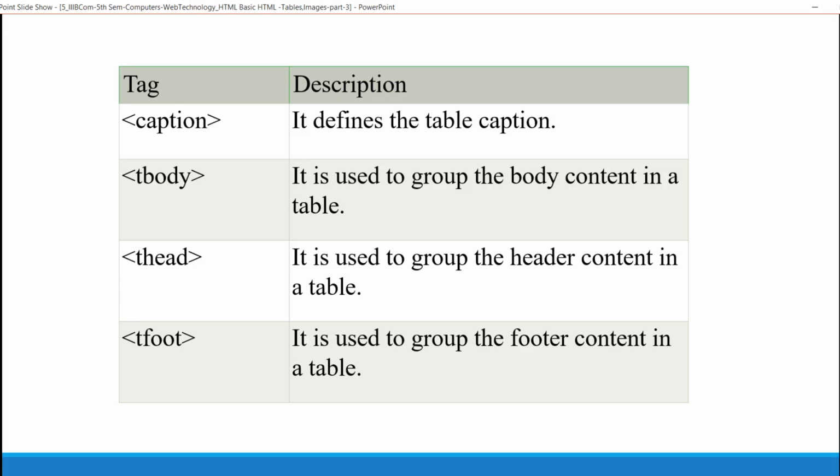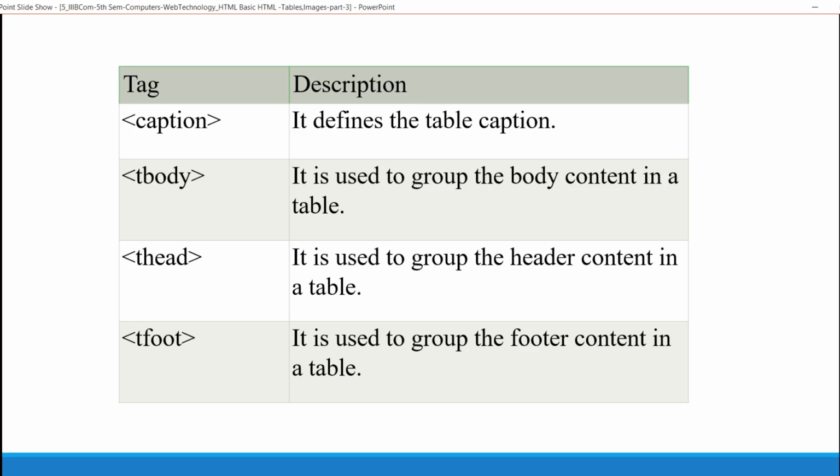The next type of tags that are used in a table are caption, body, head, and foot. What is a caption? If we want to place any heading for a table, we use a caption tag.